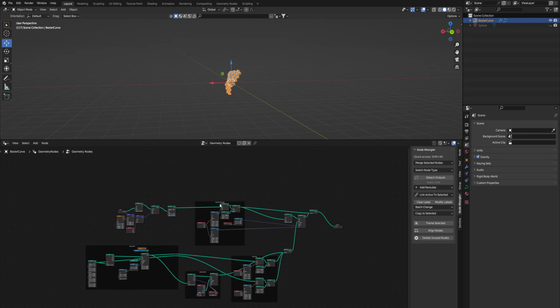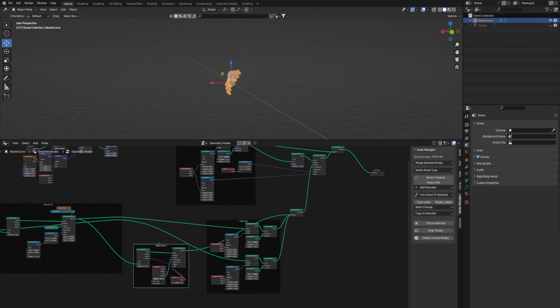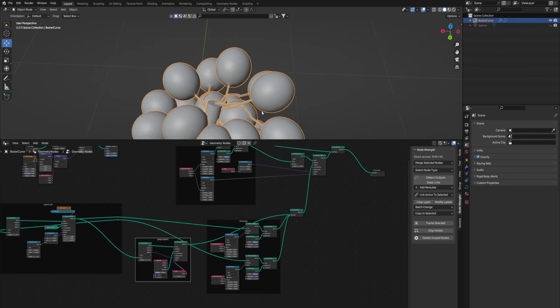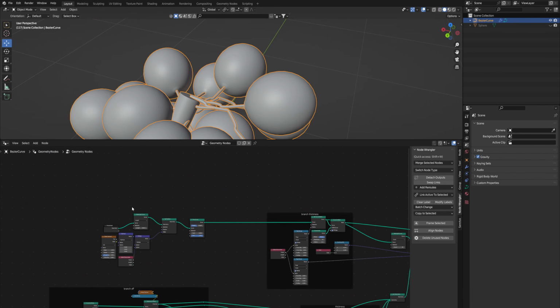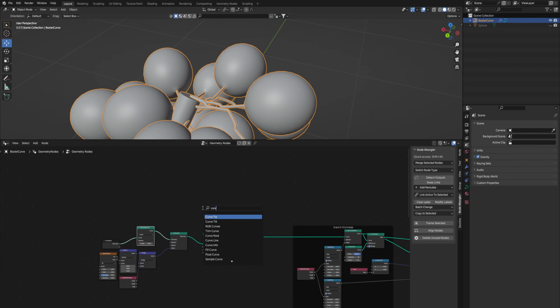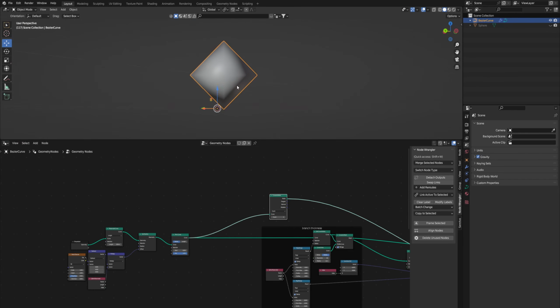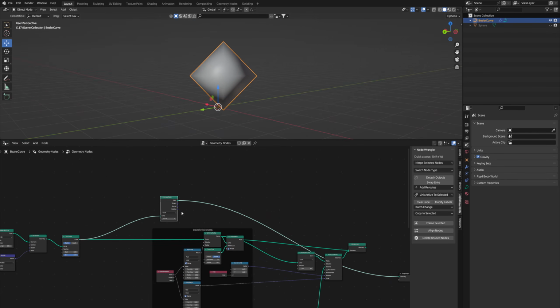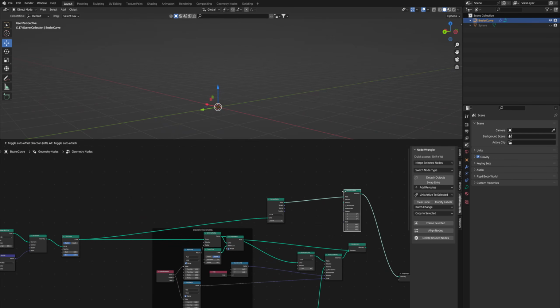Now it's just a few more things we need to do to make it a bit more realistic and add some more details. Like I said, for the top here, for an end cap, what you can do is take the original curve, which is this Bezier, and just go curve to points. Actually, we'll go from the trim curve to points. And again, if you bring it to 1, there will only be 1 point on the top there. So we can go instance on points.